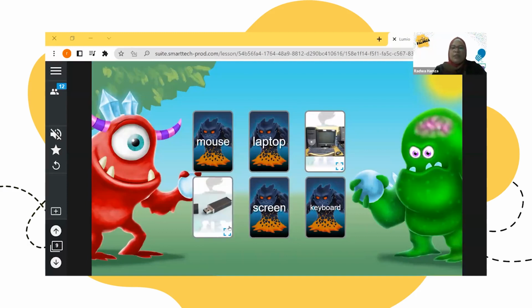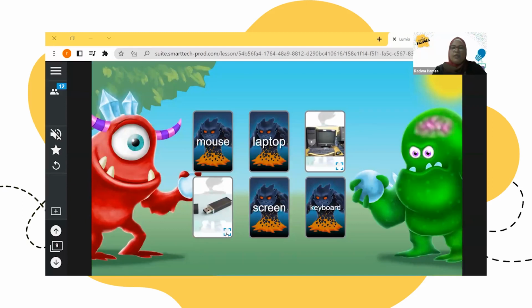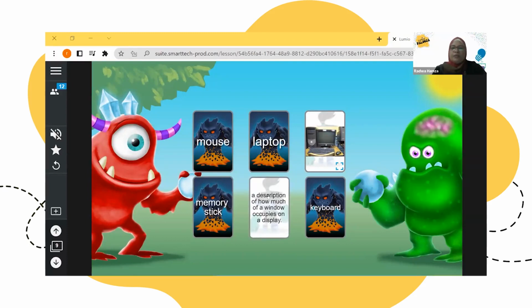Memory stick, yes, here you can have a picture for this, and you can click here to zoom the picture so it is clear for students. Screen, here I change my presentation. I give the students a description or a definition of the word screen. So screen is a description of how much of a window occupies on a display.